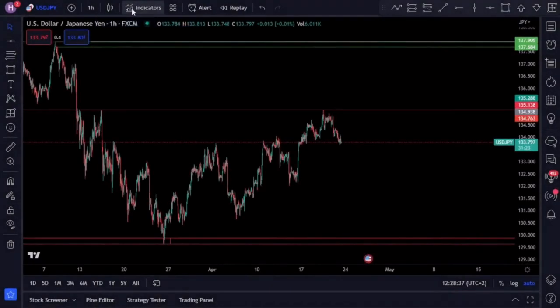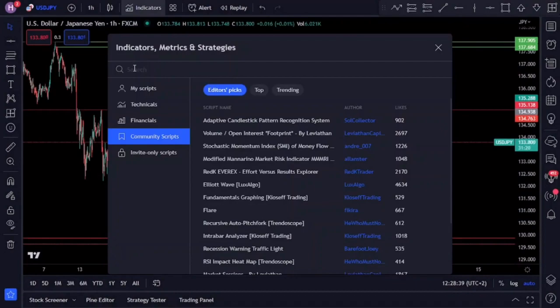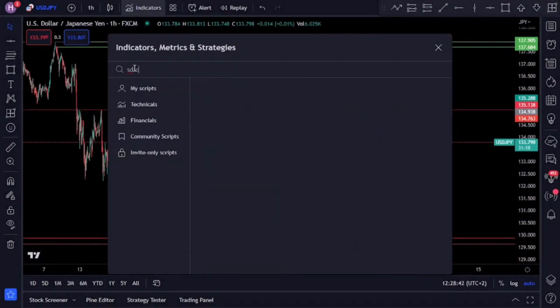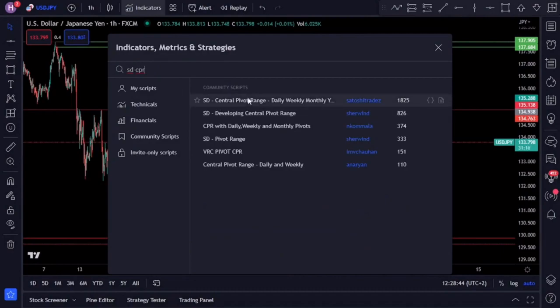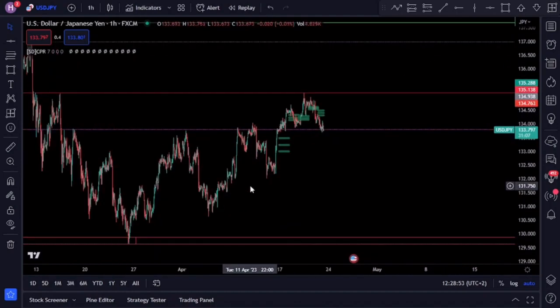On TradingView, we're going to add the following advanced pivot point indicator called SD Central Pivot Range Indicator. And as mentioned today, we are going to show you some powerful ways of using it. Overall, trading support and resistance levels using pivot points is a powerful strategy that can help you identify potential high